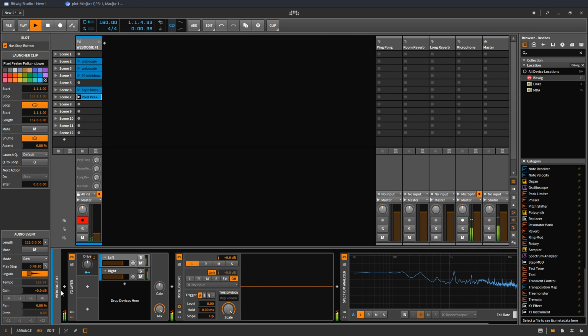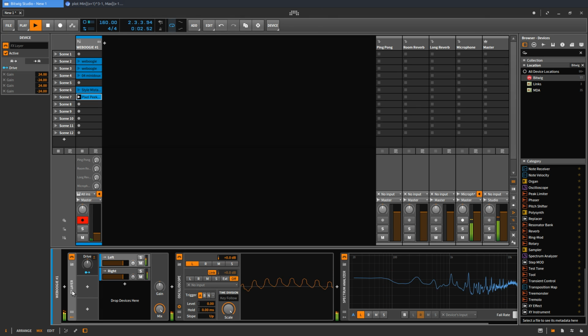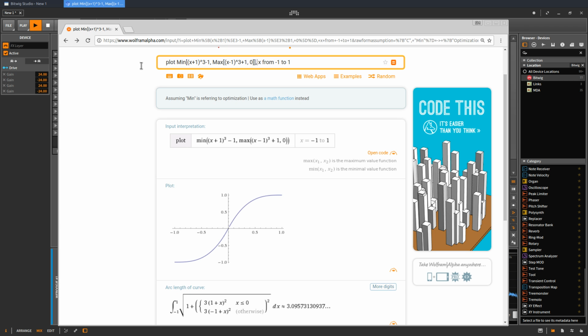Hello guys, I'm gonna show you a new device that I've made, which is a preset FX layer device, and it is a Waveshaper, and it uses a preset curve of a cubic root. It's a cubic root function. Here you see it, and I modeled this plot using Wolfram Alpha